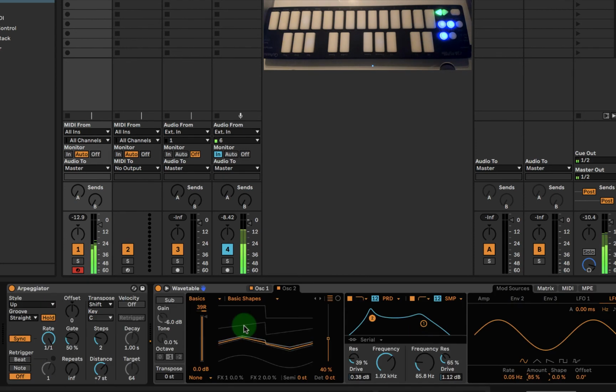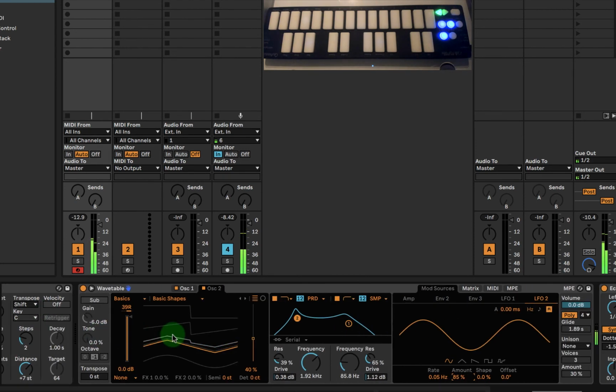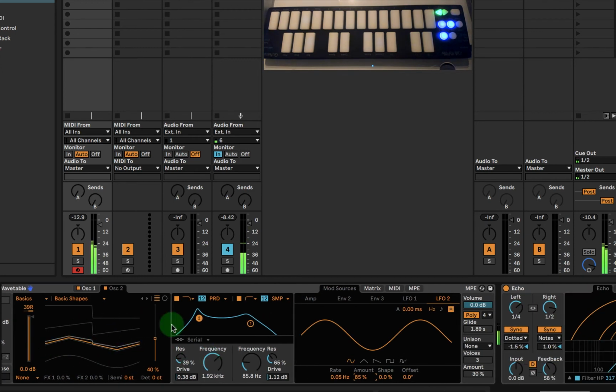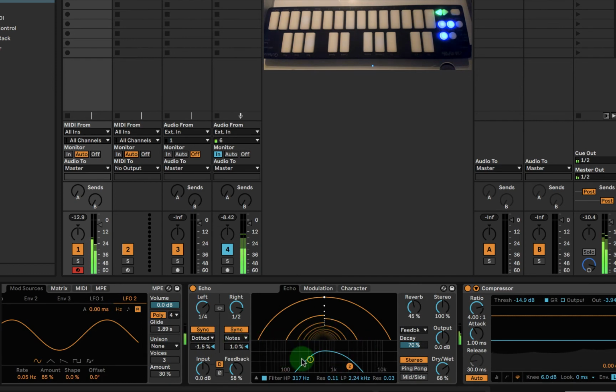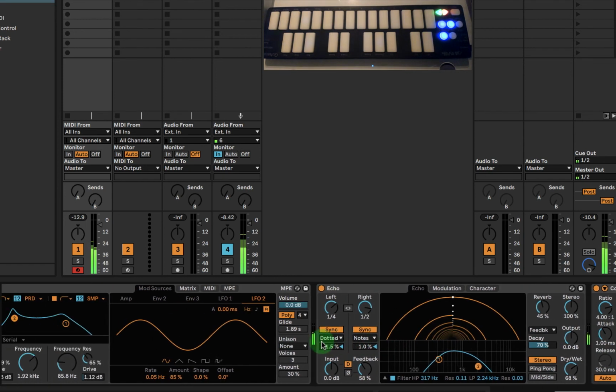Okay, with a pretty simple setup, our arpeggiator and our wavetable is running really simply. We're just using the basic shapes here. I think part of the key of this is having a nice filter, and then also a nice setup on the echo. We spent quite a bit of time adjusting our echo, so